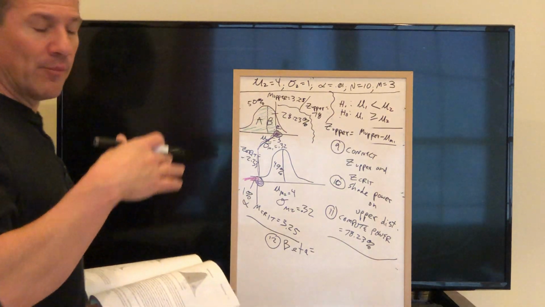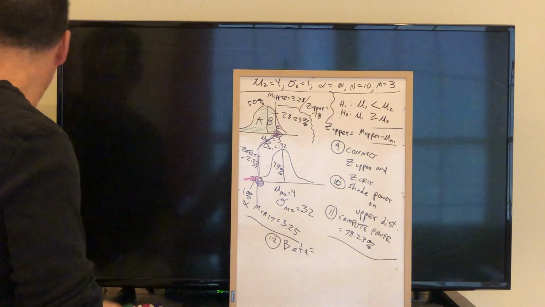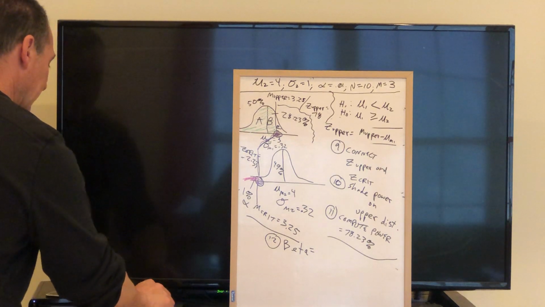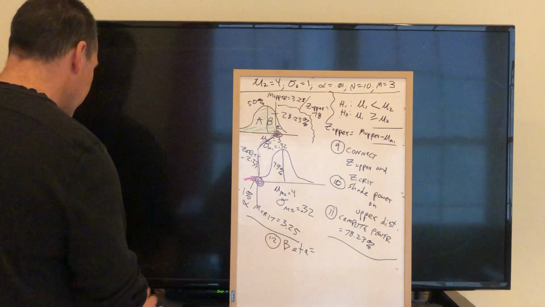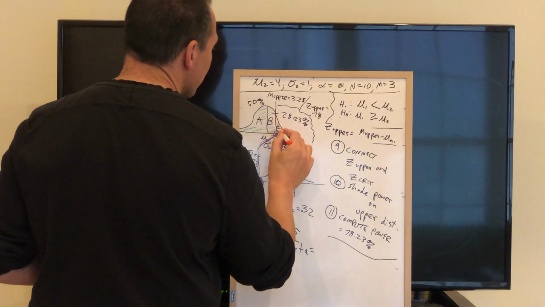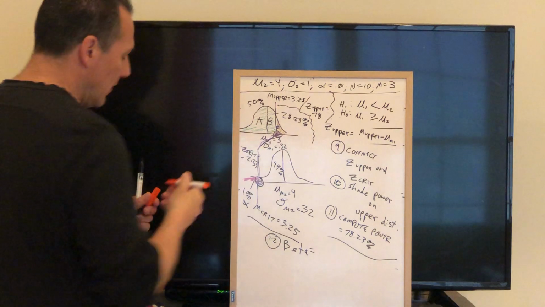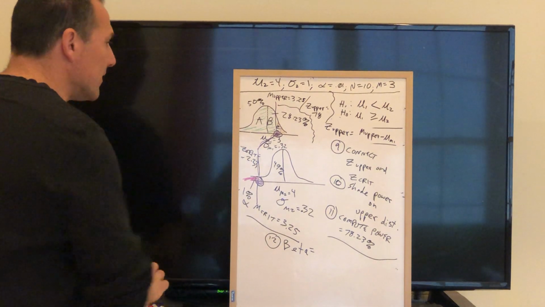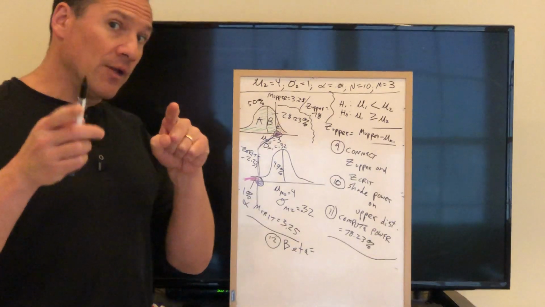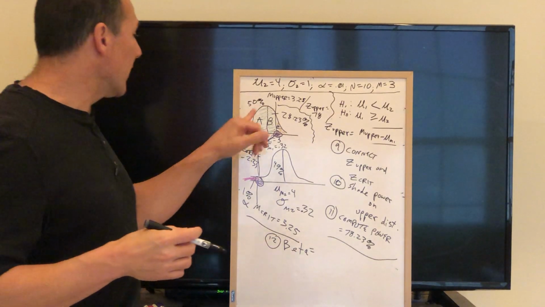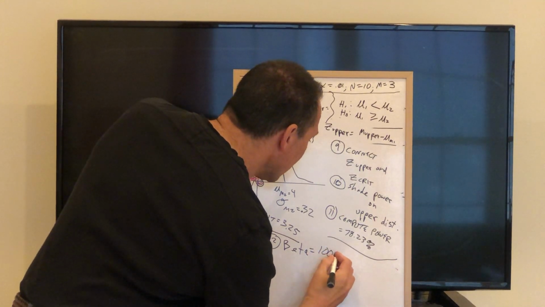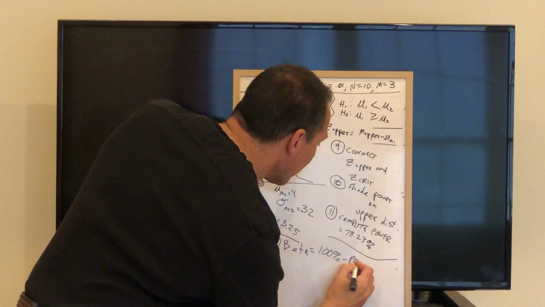Different from the beta from multiple regression, by the way. Beta, graphically, can be thought of as section C in this particular case. Beta is the entire part of the upper distribution which would fail to reject the null hypothesis on that lower distribution. Beta literally equals 100% minus power,